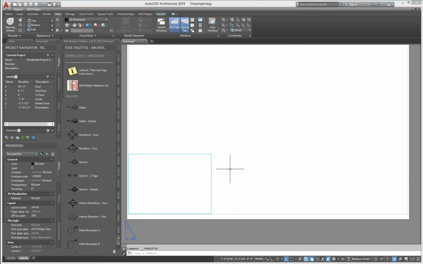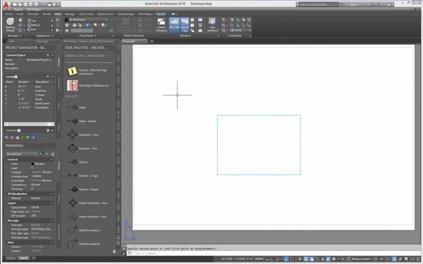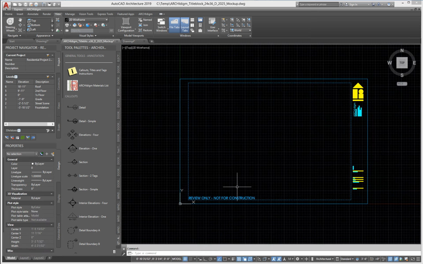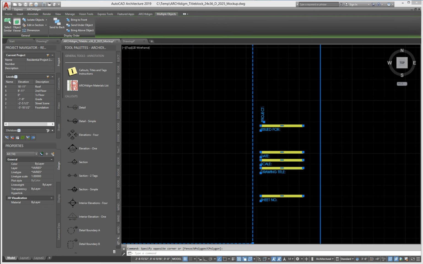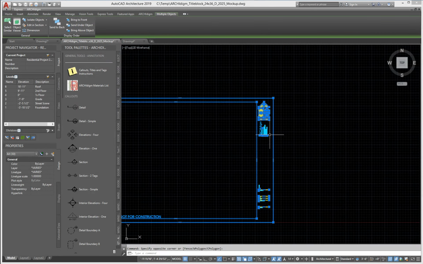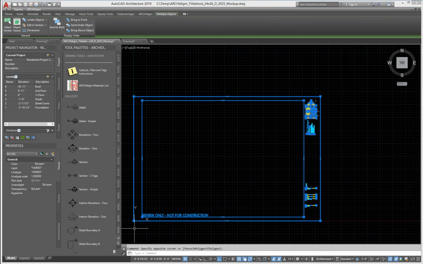All right, and so this is just the default viewport, which I'll just move into the center for now. So here's my sheet. What it's missing now is title block information. So I've done a mock-up over here of what I'd like to put in there. So you could, if you have one, you can use it. If you don't, you can draw one now. And the outer edge here is the 24 by 36, so that lets me know that it's sitting on the